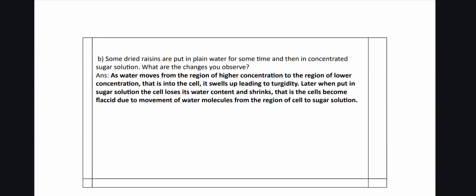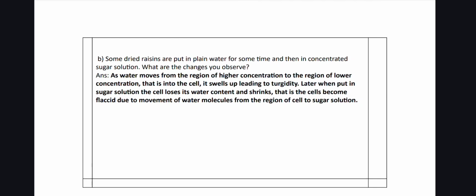Some dried raisins are put in plain water for some time and then in concentrated sugar solution. So what are the changes you observe? See, dried raisins, nothing to break your head over, it is vana drakshi. The dried grapes what we have, those are only called the dried raisins. So what will happen when you put them into water? As water moves from the region of higher concentration to the region of lower concentration, where is higher concentration? In the bowl, it is in higher concentration. So when you compare it with the raisins or the dry grapes,